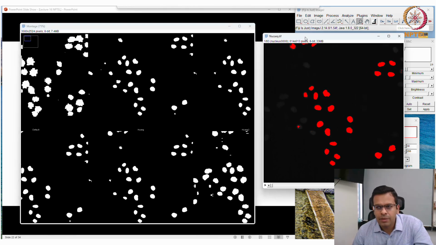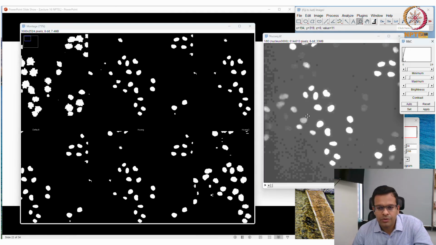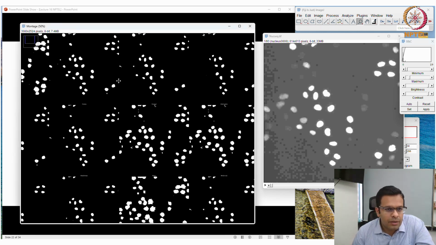You see, this is the real image. I will just increase the contrast. Most of the nuclei have been detected using this algorithm, right? Or is there any better option available? Huang2.